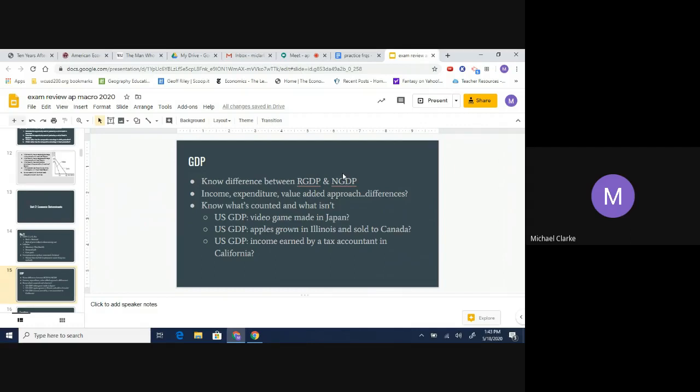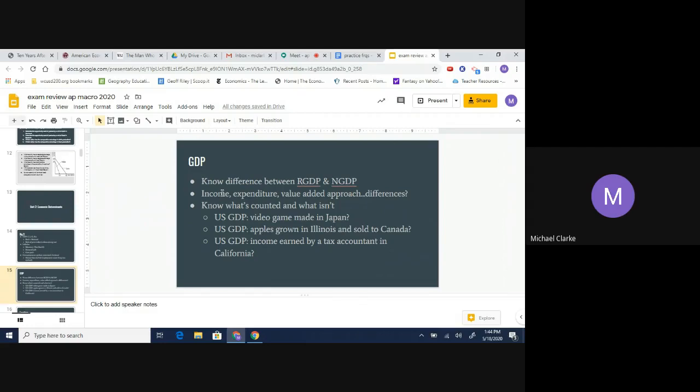Now, to determine GDP, you don't have to add all 3 of these. These are 3 different measures that should all add up to the same number. Meaning, if you took everybody's income in the economy, that should equal the expenditure approach. It should also equal the value-added approach. Because what economists figure is that when people have money, they're either going to save it or they're going to spend it, right? We learned about that. People can only do 2 things.